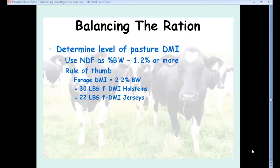Now, balancing the ration does have an impact on pasture dry matter intake, and I'm going to approach this a little bit backwards. Again, I'm going to go through some really quick calculations here. If we use NDF as a percent of body weight as a predictor of how much pasture they can eat, and we want them to eat a total forage dry matter intake of about 2.2% of their body weight, we can get 30 pounds of forage dry matter intake on Holsteins and 22 pounds on our Jerseys